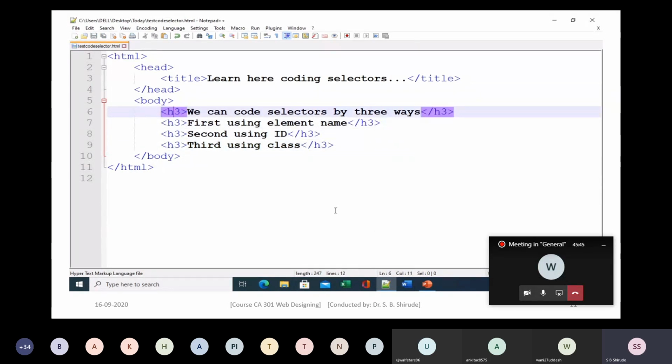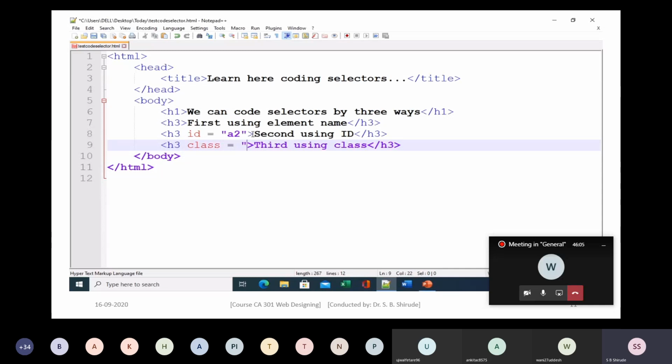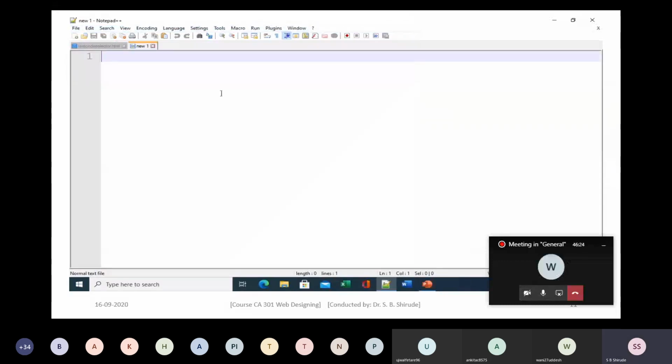So I will give here H1, so it will be a separate element. And now these three H3s I will be calling differently in the CSS file. So I will give an ID to this, say A2, and for this a class. So class is equal to some value, say A3. So here ID A2, class A3 for the two header elements. And the first H3, I'm not giving either ID or class, and directly I will use it as an H3. Or I have changed it to H2. So no problem. In any way you can refer to it.